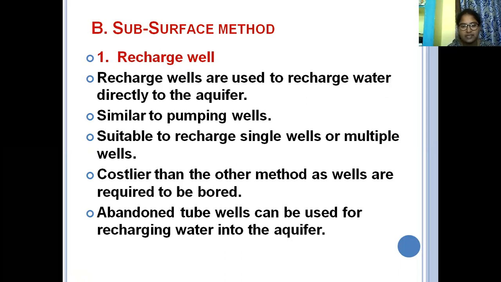And tube wells can be used for recharging water into the aquifer. And artificial recharge and percolation tanks harvesting, flooding ditches, furrows, basins. The recharge wells are used for recharging water directly into the